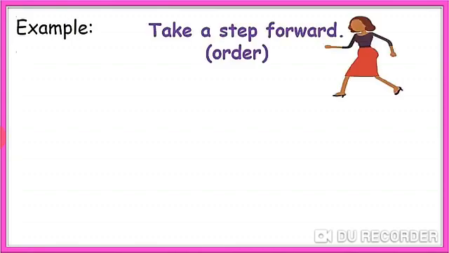Let's look at some examples for the imperative sentences. The first one, take a step forward. This is an order. Now, if you look at the statement very carefully, you find that the subject is missing, and instead the sentence begins with a verb, take. So, here the subject is implied, which we take to be you. So, the statement could have been read as, you take a step forward. But since in an imperative sentence we do not add the subject, we begin the statement with a verb,